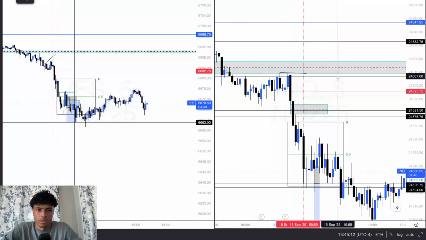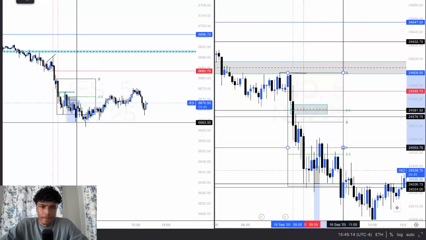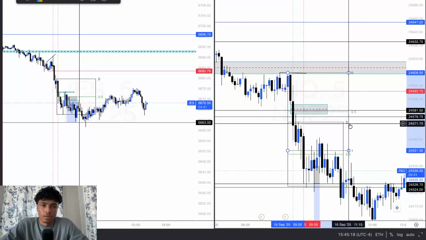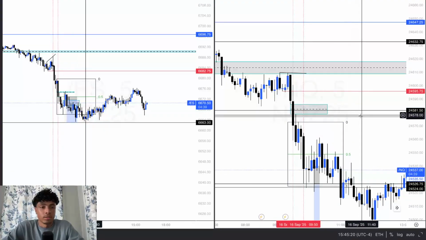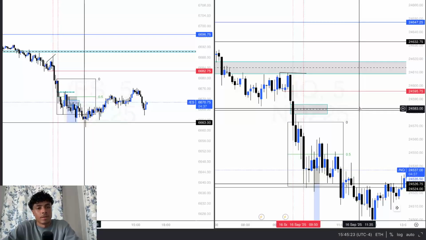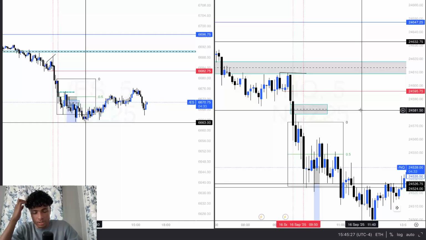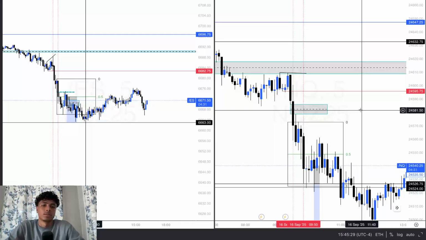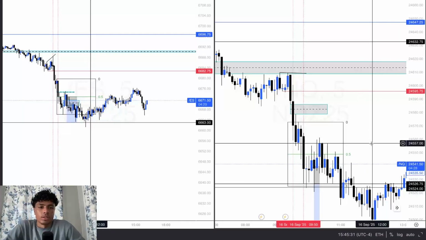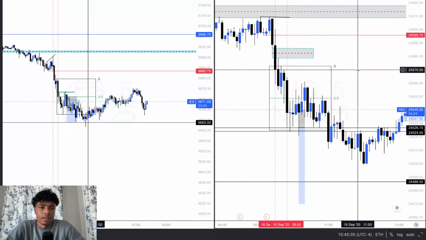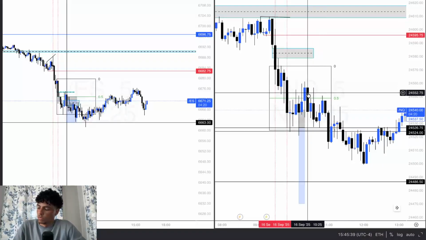Let me do another equilibrium right here. From here, it was so close to filling this fair value gap and equilibrium. If it did, I would have entered off of there because it showed the trend shift. I just needed a continuation confluence. And so I just kept waiting. And then at 10:10 a.m., I entered off of what, right? And so got a little notification.